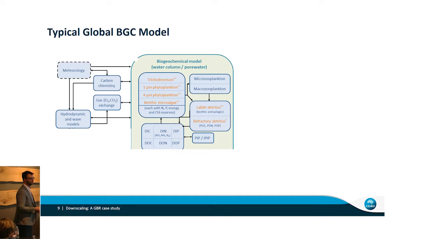This model is represented by a set of ordinary differential equations that are evaluated on a cell-by-cell basis, and these components are then advected and diffused around the system by a hydrodynamic model that's forced by meteorology. We have this sort of funny carbon chemistry component that sits in between the two models, where we're allowing atmospheric fluxes to change the in situ DIC and the like,